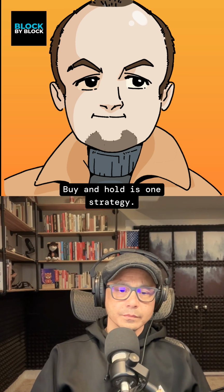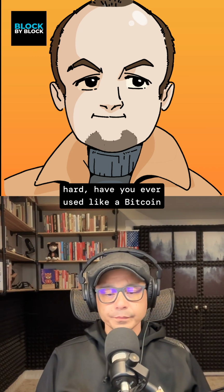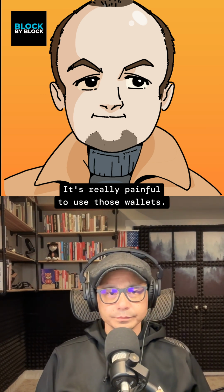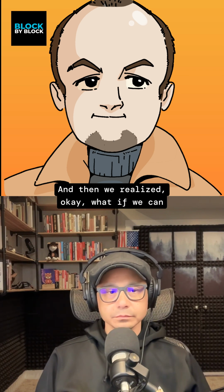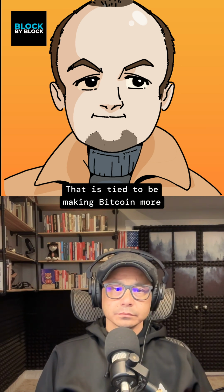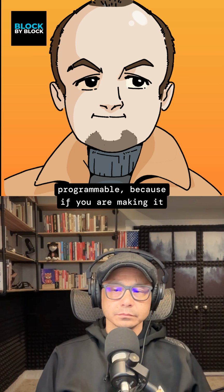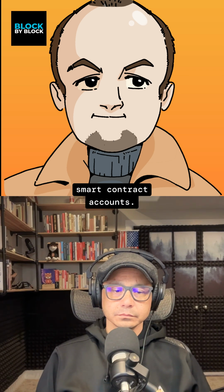Buy and hold is one strategy. But even holding on to Bitcoin is really hard. Have you ever used a Bitcoin wallet? It's really painful to use those wallets. And then we realized, okay, what if we can actually make Bitcoin more usable? That is tied to making Bitcoin more programmable, because if you are making it programmable, then you can have account abstraction, like very easy to use smart contract accounts,